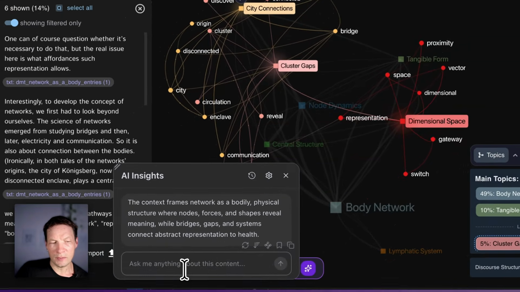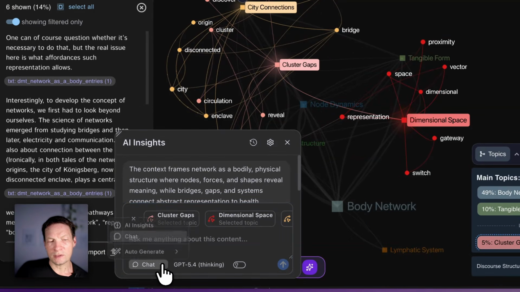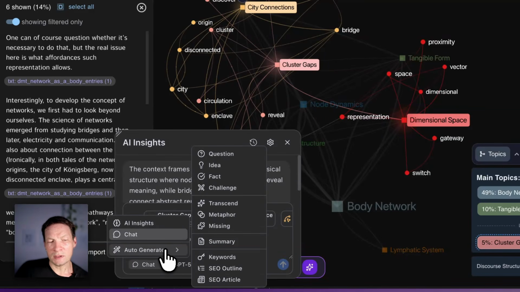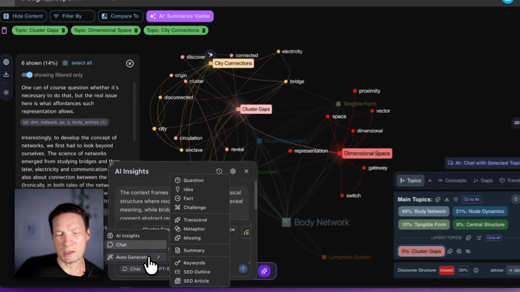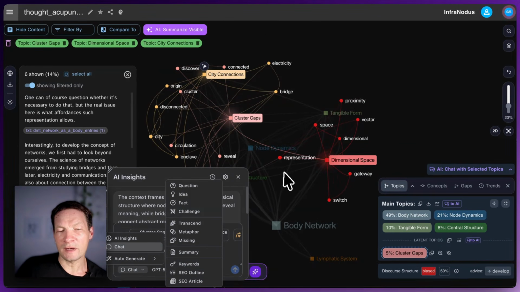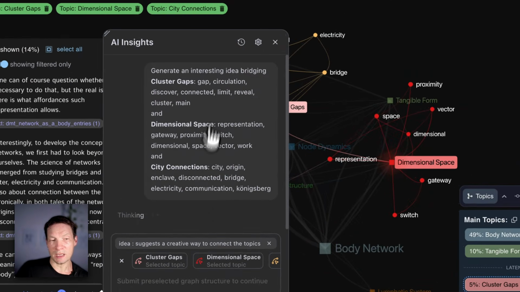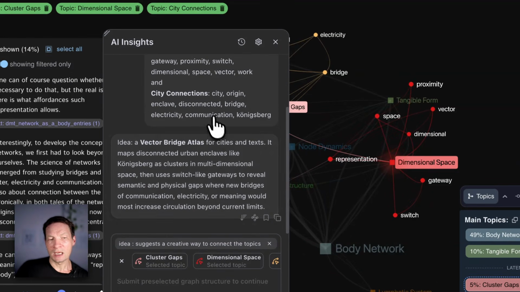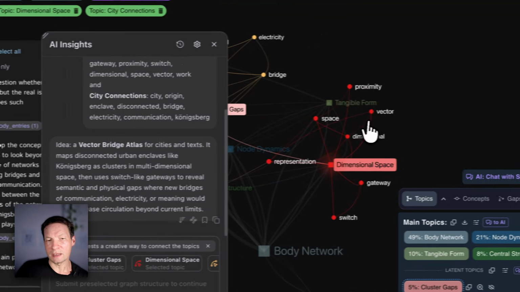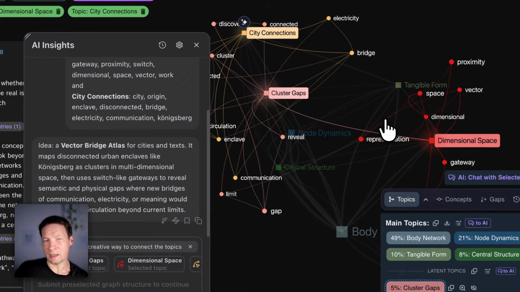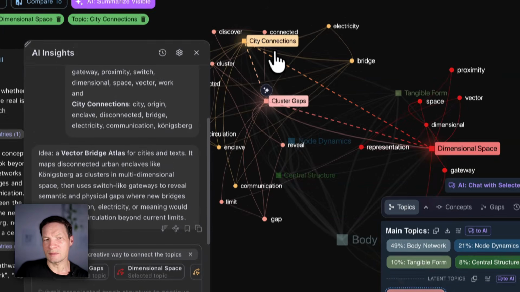And then I can go into the built-in AI and ask InfraNodus to generate maybe a response, an idea, or some kind of statement that would help me develop them further. So for example, I will choose an idea. I click an idea, and then InfraNodus generates a new idea that links those three less represented clusters together. Then it means more attention onto these clusters, so that helps me give more attention to cluster gaps, city connections,